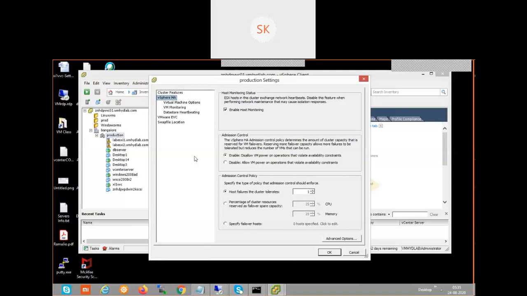One host's capacity is completely reserved for failure. Without enabling HA, I can deploy up to 80% of resource consumption. Those many VMs I can deploy on ESXi1 and ESXi2.